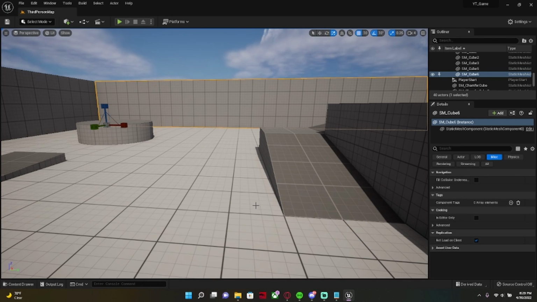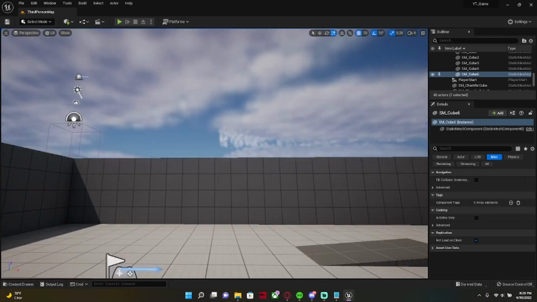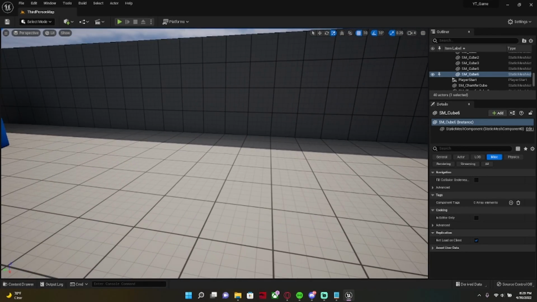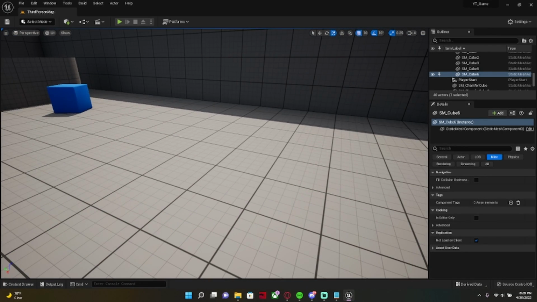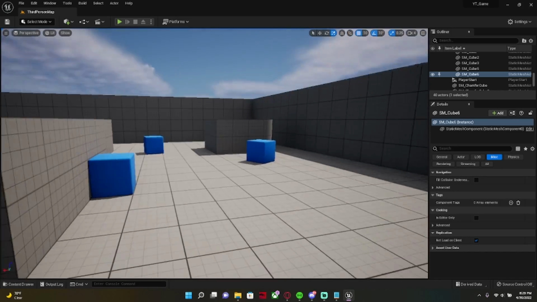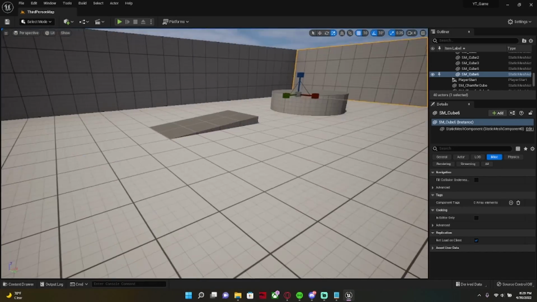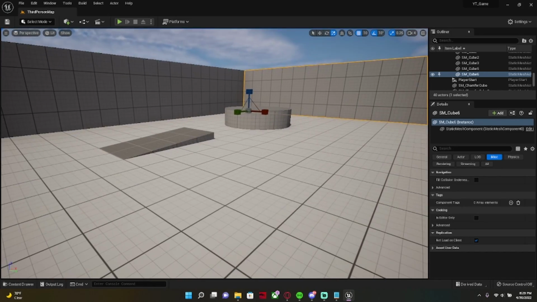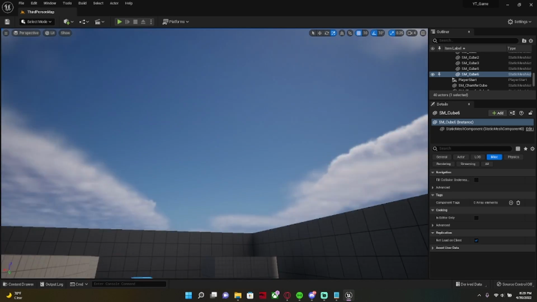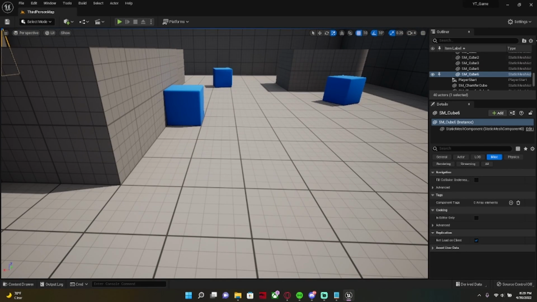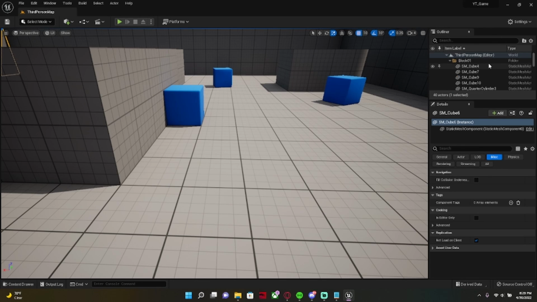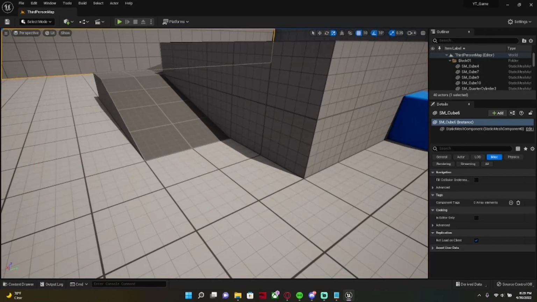All right, cool. So, I mean, this one's definitely a lot shorter than the last video, which is cool because, again, we're going to keep things very simple for the time being. But before we go, we've got this area. I just want to go ahead and kind of explain what this is. All right, so everything you see here in this scene,